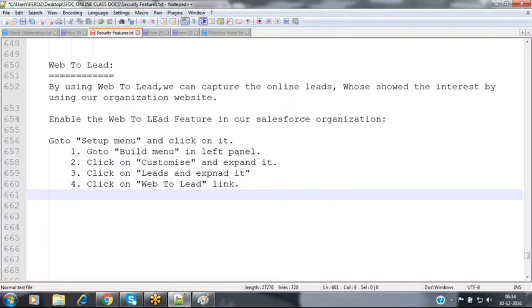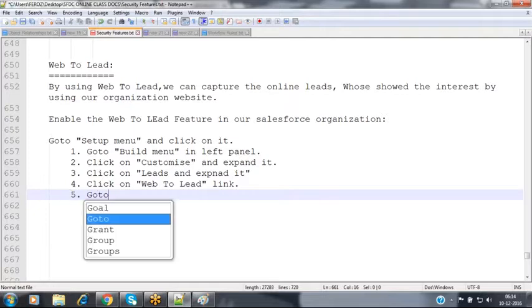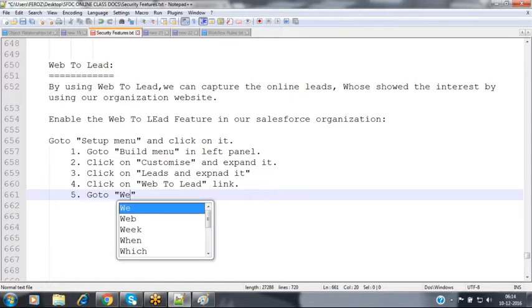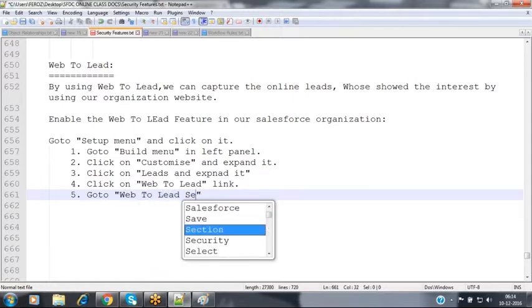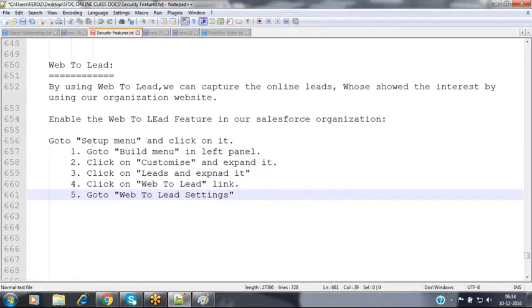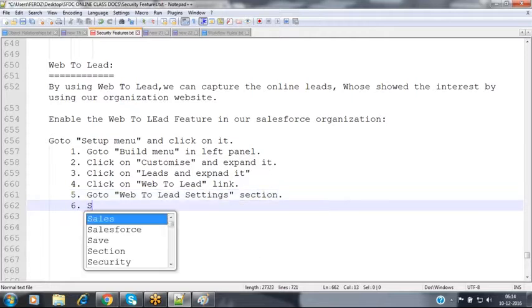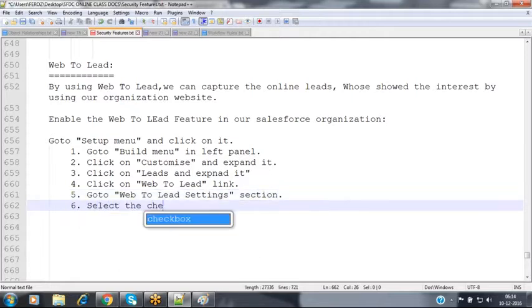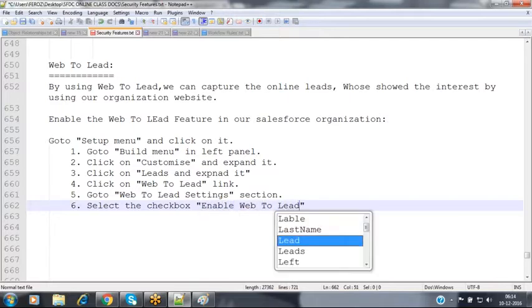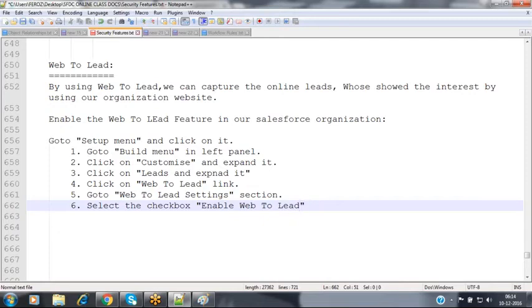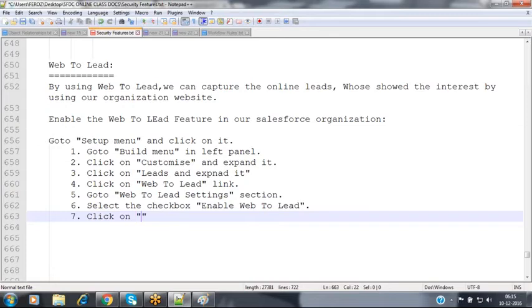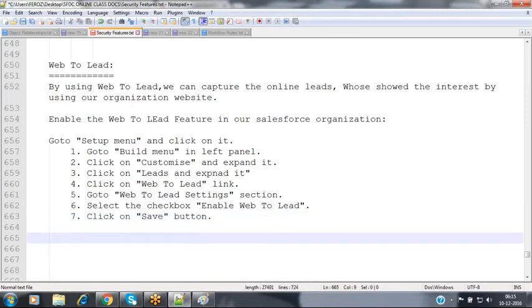Okay, click on Web2 lead link. Go to the Web2 lead settings section. Select the checkbox, enable Web2 lead, and then click on save button. So now this is the navigation that we have to use in order to make your